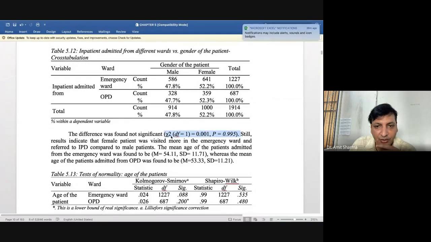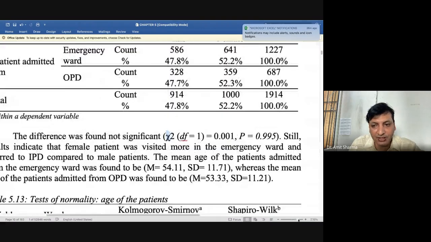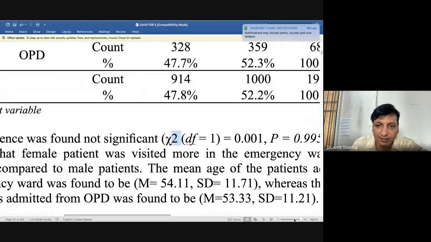We have to use exactly the sign of chi, which was mentioned here. This is the sign of chi, and I have not done a superscript. This should have a superscript on the top so that it can be visible.